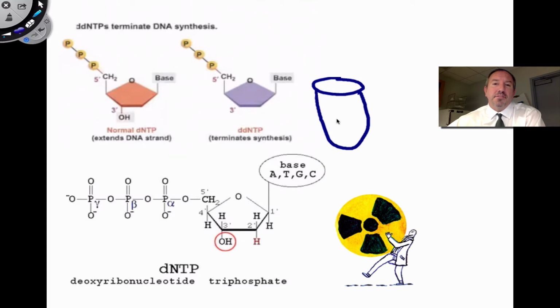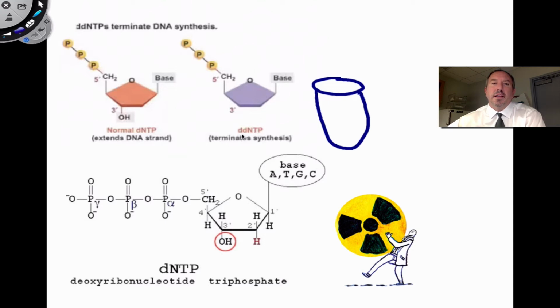But as it's extending, if this defective nucleotide is incorporated, you're not going to be able to add any more nucleotides to it. So once this base has been incorporated, termination occurs. It's sort of the big terminator. And what Sanger thought he might do is tag this